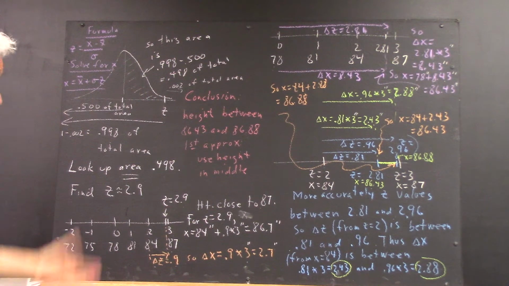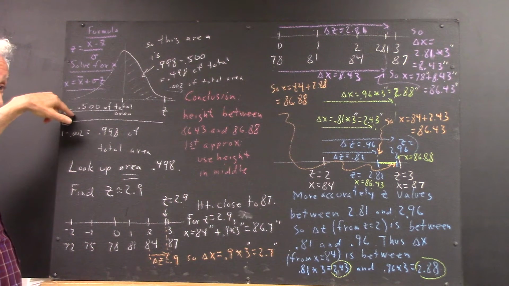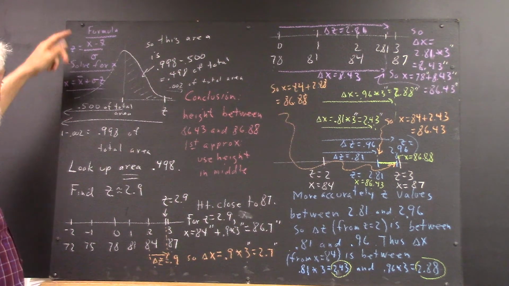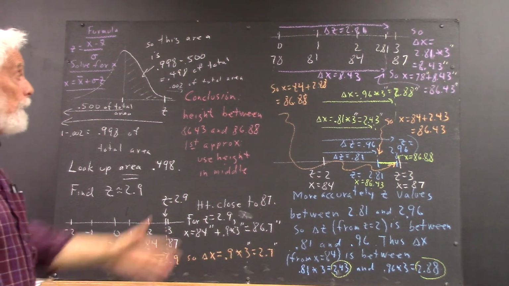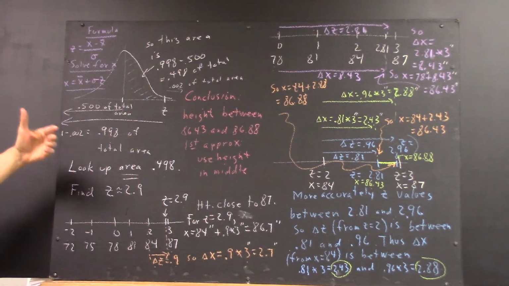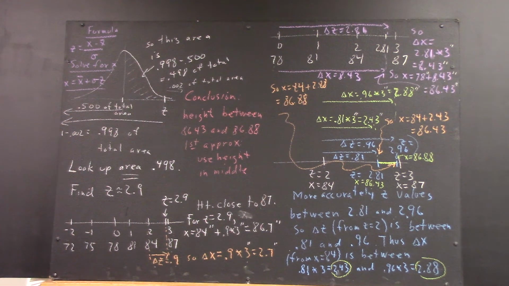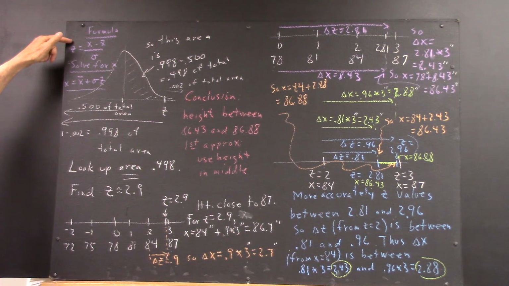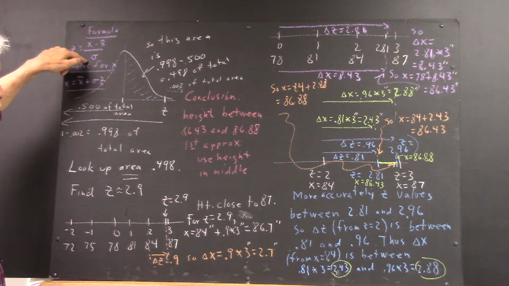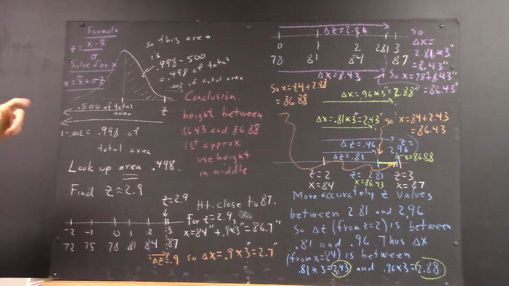Now, many people can't solve that formula for x. So in the first place, you're already in trouble if you don't understand this picture, unless you can do the algebra. And many people can, but many people have trouble with algebra. So in order to use the formula, z equals x minus x bar over the standard deviation, you have to be able to solve that formula for x. If you do, then knowing